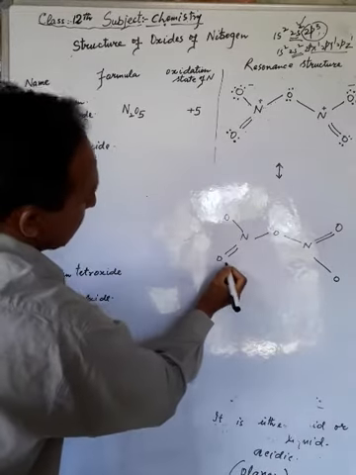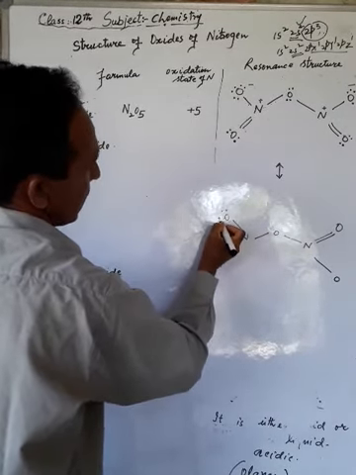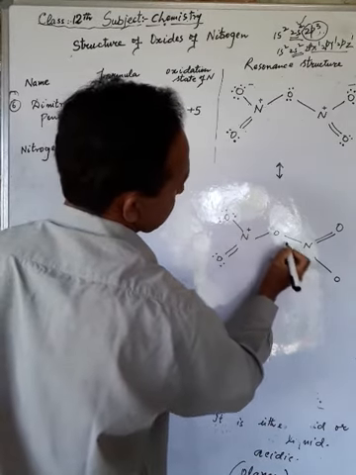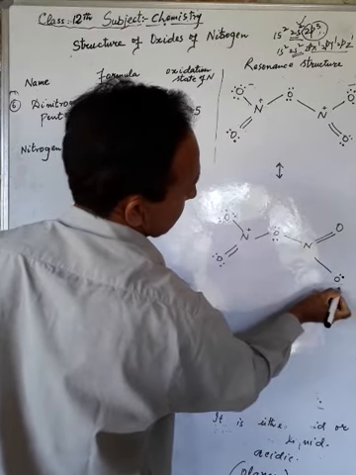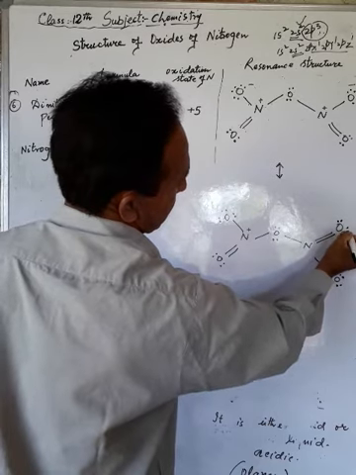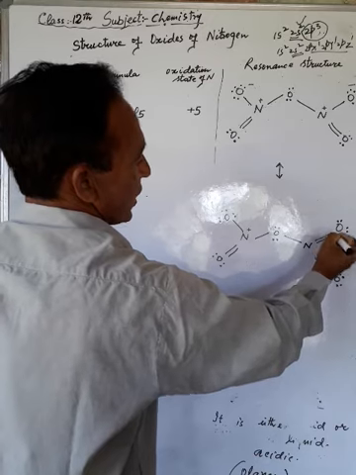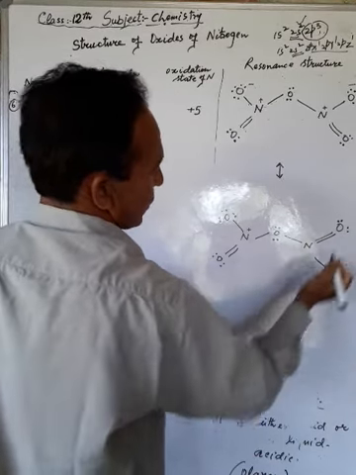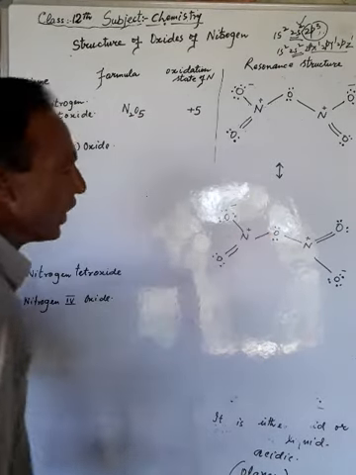Again the electron distribution of the electrons is the same. दो चार छः आठ, दो चार छः आठ, नेगेटिव चार्ज, पॉजिटिव चार्ज, नेगेटिव चार्ज, पॉजिटिव चार्ज।